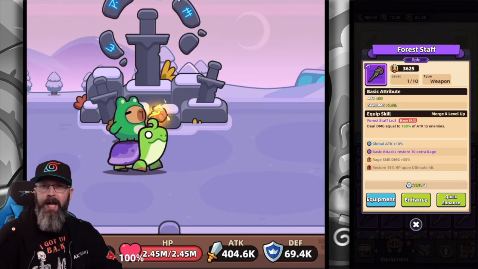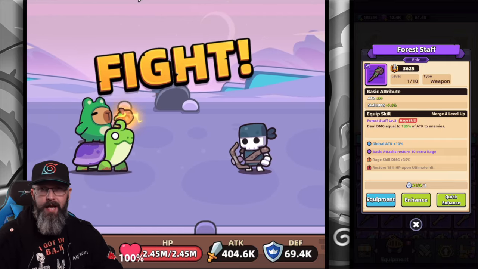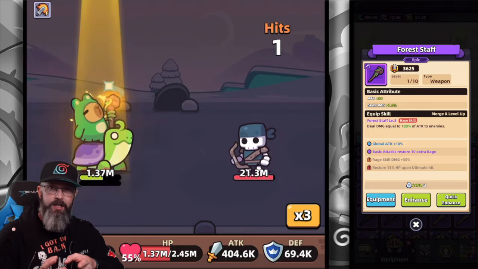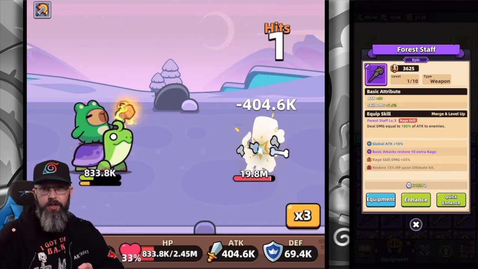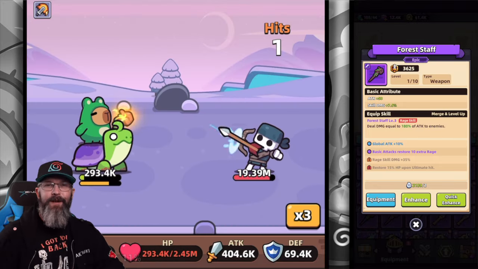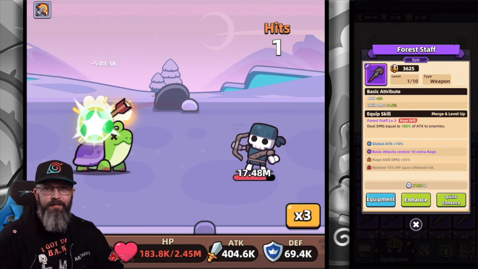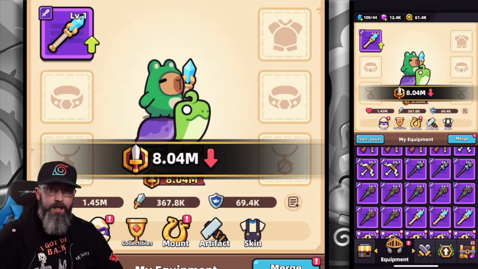Now you may have noticed that I haven't actually gone through the numbers on this or what my damage is before and after and all that, because everything is extremely obvious here of what those changes are going to be. But still, I felt it was necessary to go pop this weapon on and just kind of show you this weapon in action. Now when it comes to the Mystic staff, this one's going to be a little bit different,